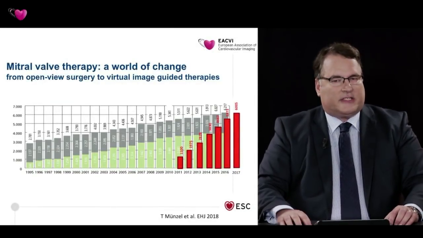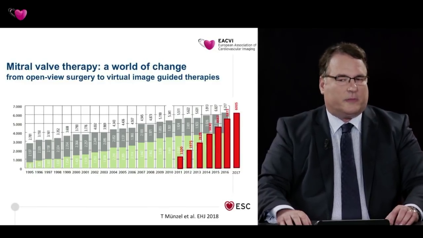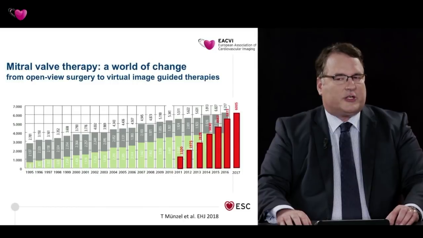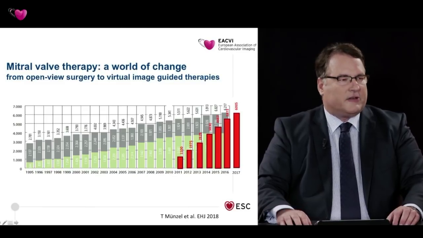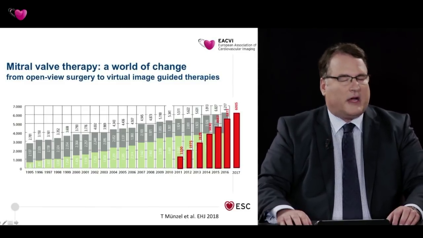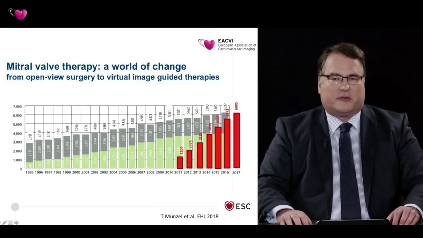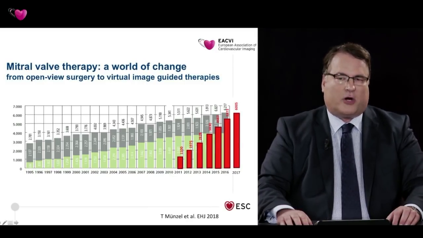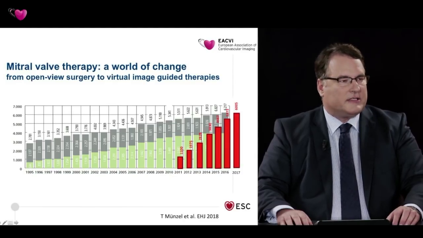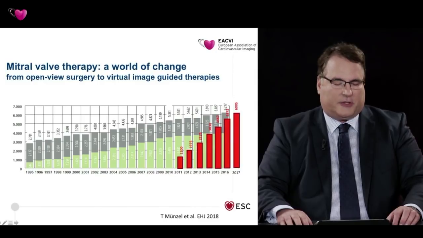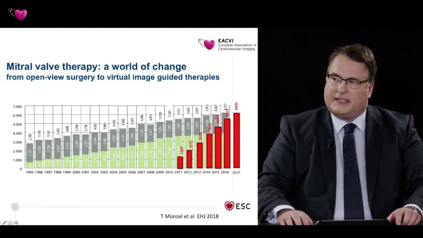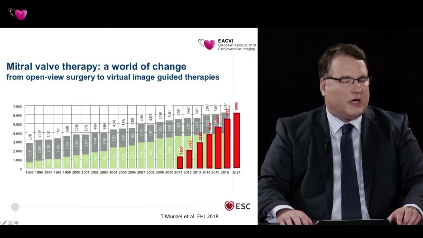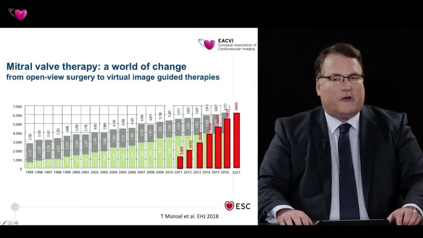We're setting the stage with this slide, which was published this year in the European Heart Journal, and it shows a dramatic change, a world of change, which comes from an open view in surgery, given with the green and gray bars showing surgical mitral valve repair in green and mitral valve replacement in gray. And on the red bars, you see the dramatic increase in Germany since 2011 of MitraClip procedures on the mitral valve, reaching also 6,000 procedures per year in Germany. Of course, there are other skills needed now in treating a valve via transcatheter pathway, and we'll now focus on